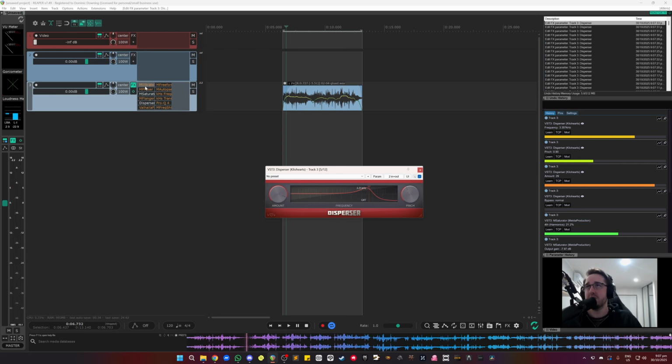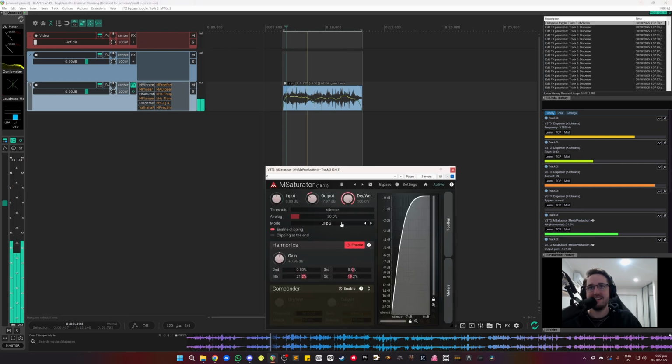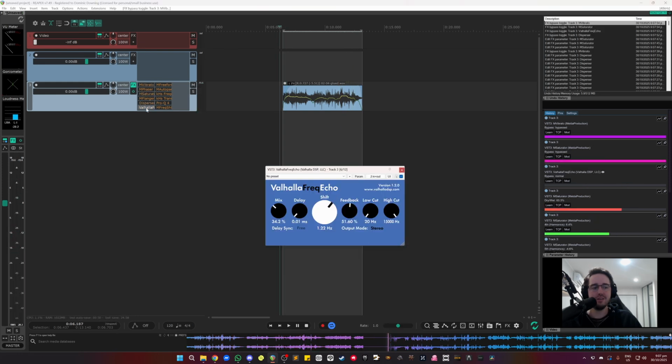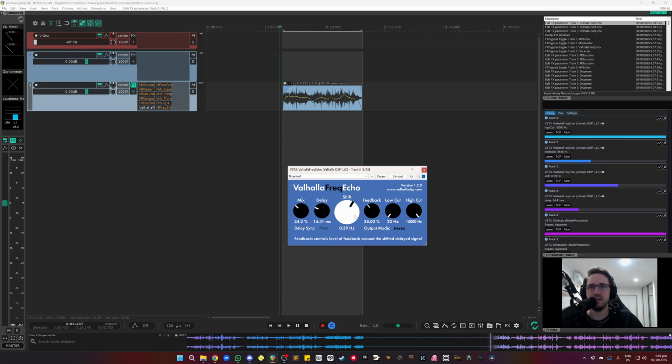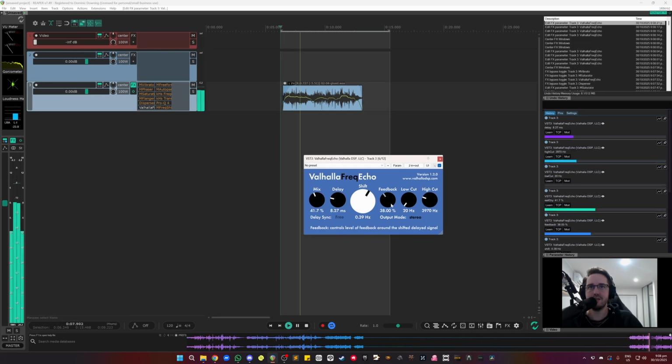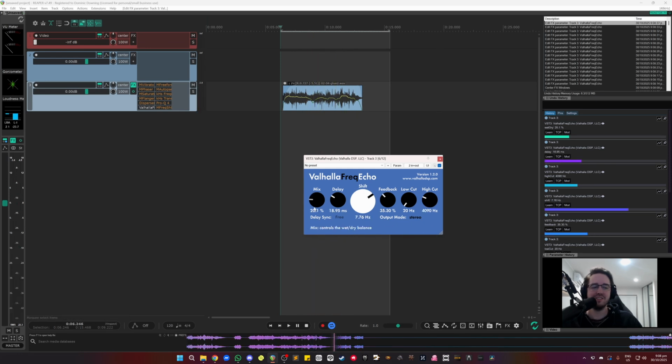That's cool. If we turn the vibrato back on, yeah, it's pretty nice. And then we've got this other lovely tool, Valhalla Frequency Echo. If you play around with the delay, it gets these cool, almost ring moddy kind of stuff. I think it's one of those things where you just add a little bit here and there, as it can get a bit, I don't know, it sounds a bit cheap sometimes.